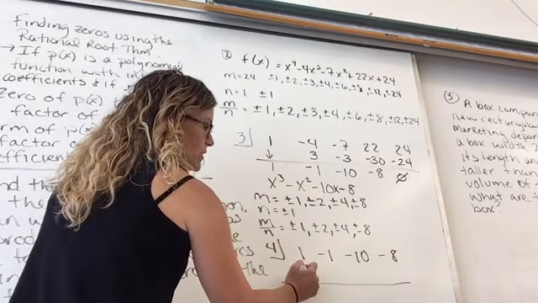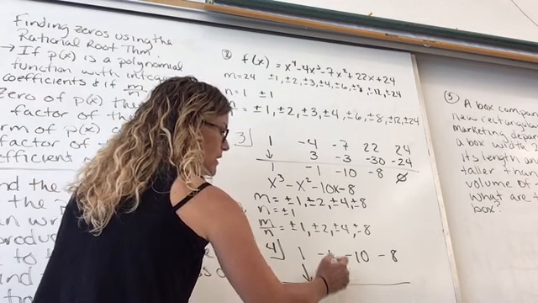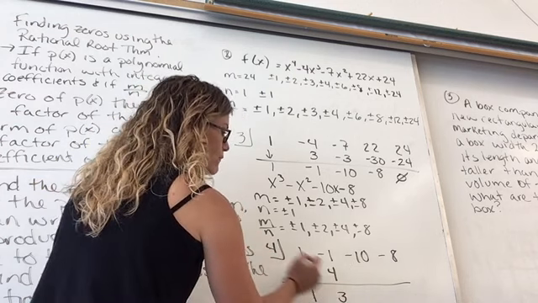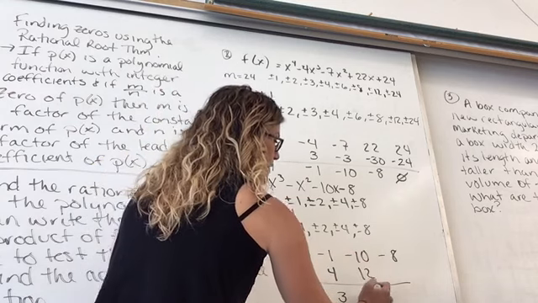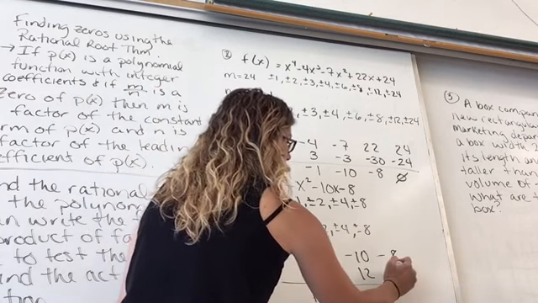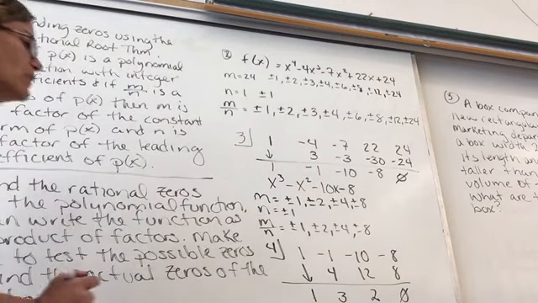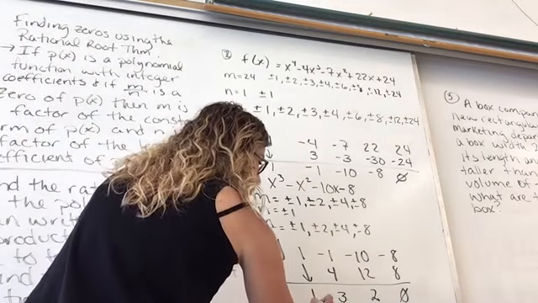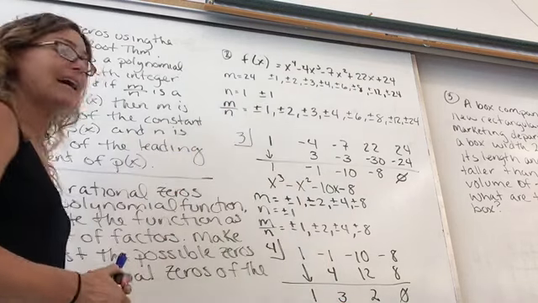Again, synthetic division. Bring down that 1. 4 times 1 is 4. Add these up, we get 3. 4 times 3 is 12. Add these up here, we get 2. 4 times 2 is 8, and a remainder of 0. I still have a lot of values there, but we are now down to a quadratic, which means I can